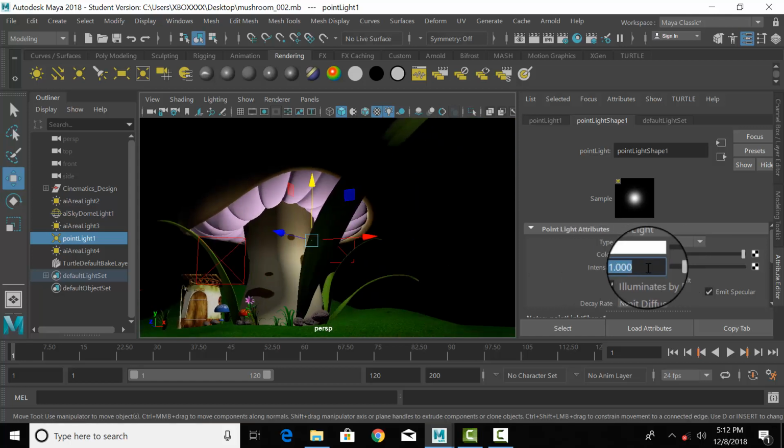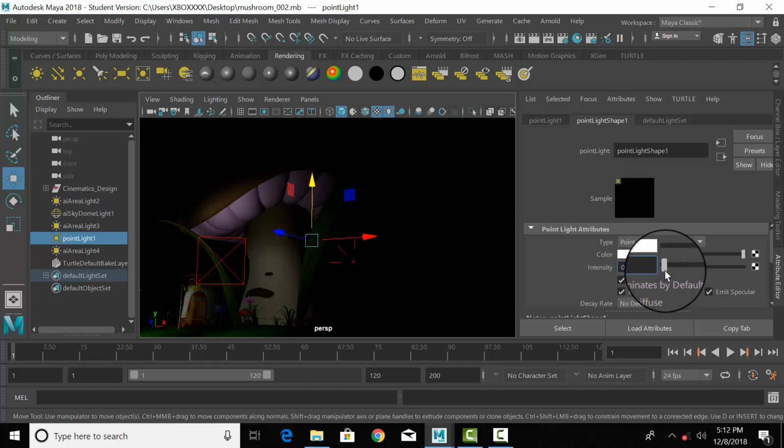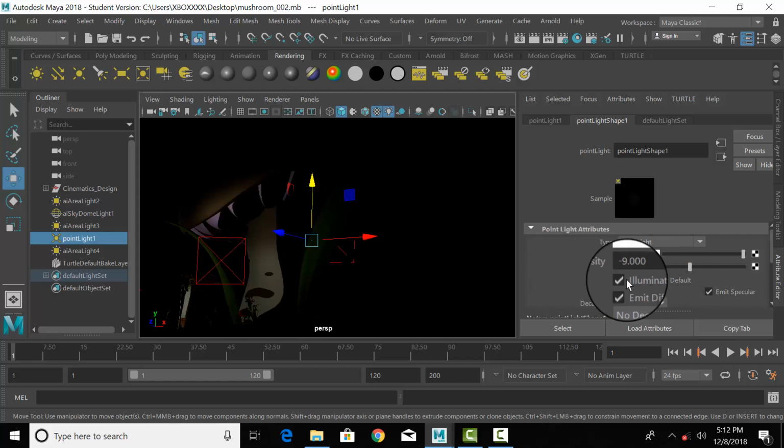So we'll decrease the intensity a little bit lower. And what happens if you have a negative value in a light? If you have a negative value, it will absorb the nearby light's intensity, so we will not put any negative value. In studio, the artists use negative intensity to absorb nearby light intensity, for example on a large screen. So okay, now